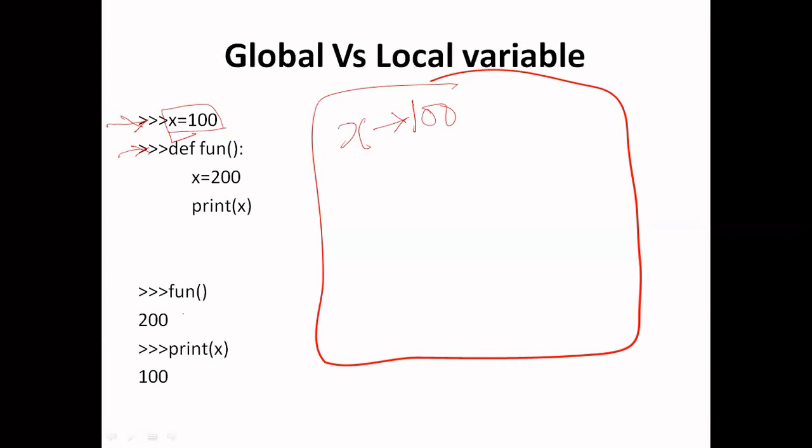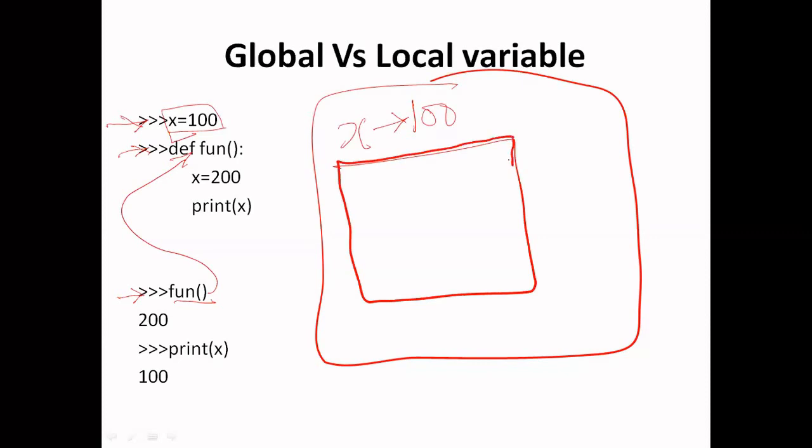created right now. And when we call that particular function, obviously control will go to the function. So a local namespace will be created when we call the function. And as soon as the function is called, it has a variable x having a value 200. So inside this local namespace, another object having value 200 will be created, and this is bound by the variable name x. And suppose after that particular line I am printing this variable x.